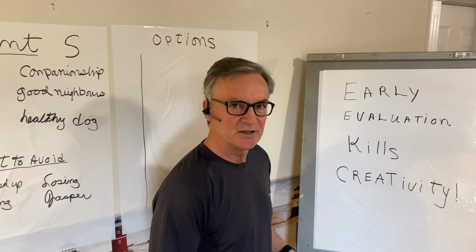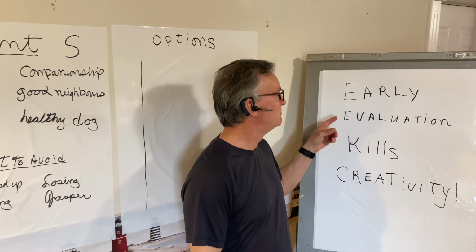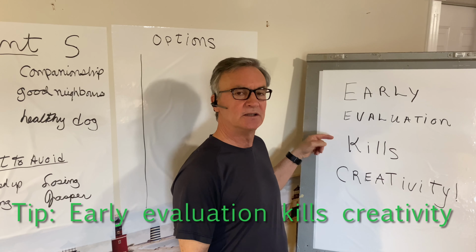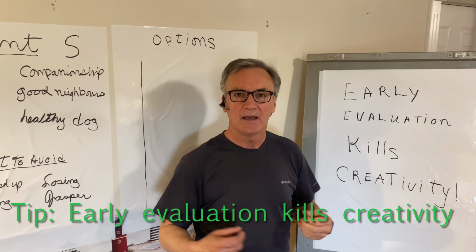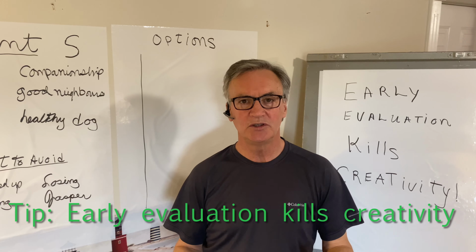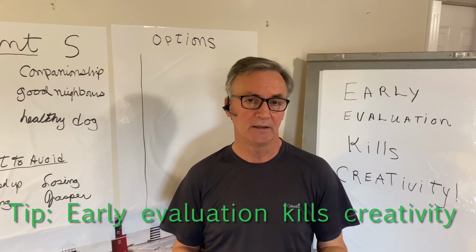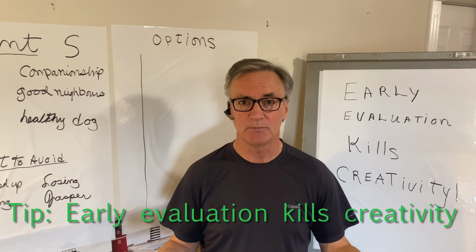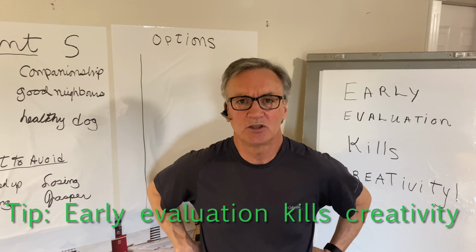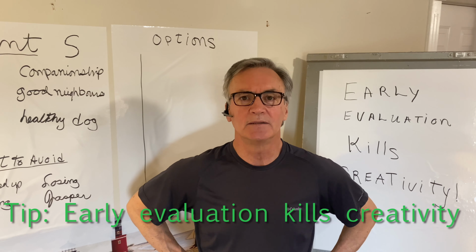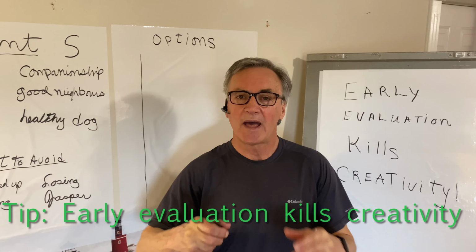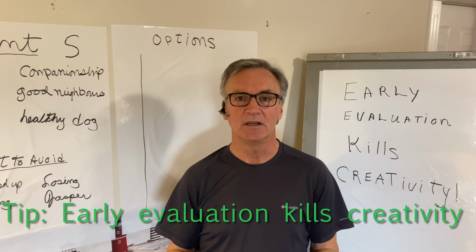The second thing you need to do is to pay attention to this principle of brainstorming or generating options. Early evaluation kills creativity. Example, if Ted says to Stella, you know what, Stella, why don't you just change your hours of work and go into work an hour later? By then I'll be asleep. And Stella says to Ted, oh, I can't do that. That's a stupid idea. How many more ideas do you think Ted is going to kick out to Stella? Zero, because that early evaluation shut down his creativity.